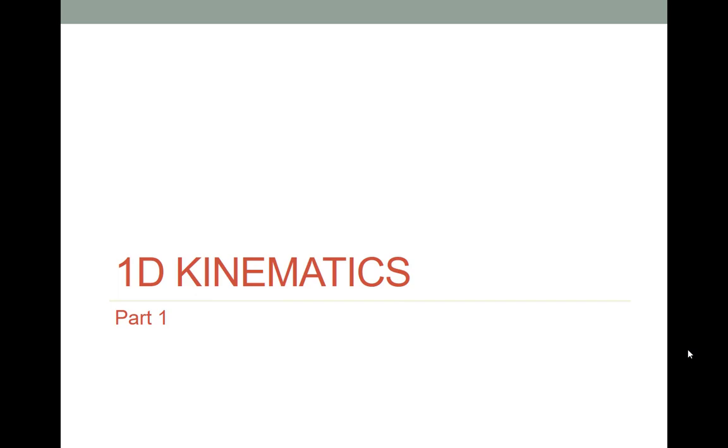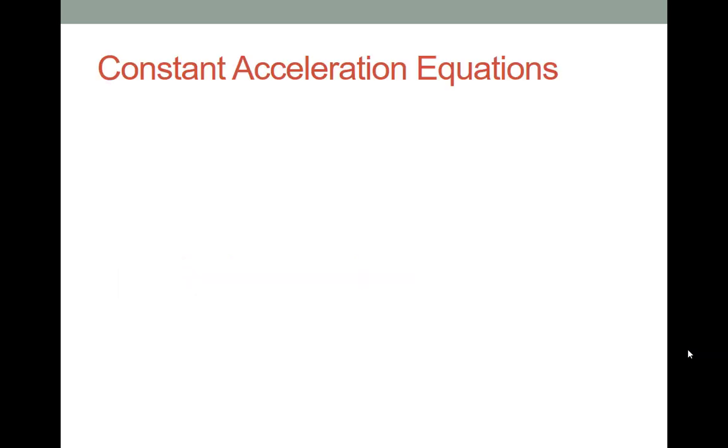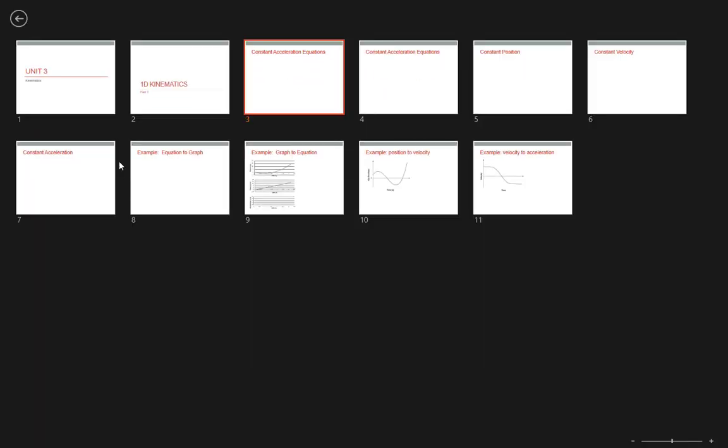Before we simplify down to one dimension, we're going to start by writing the first two of the constant acceleration equations in their full vector form. The full vector form says that the position r equals the initial position plus the initial velocity multiplied by time plus 1/2 times the acceleration times time squared. This is the first of the constant acceleration equations. The second